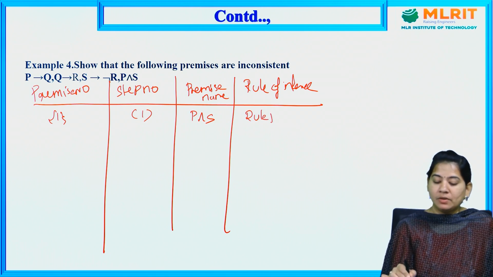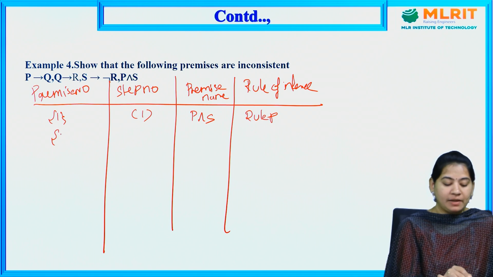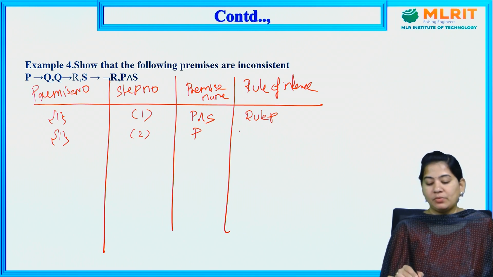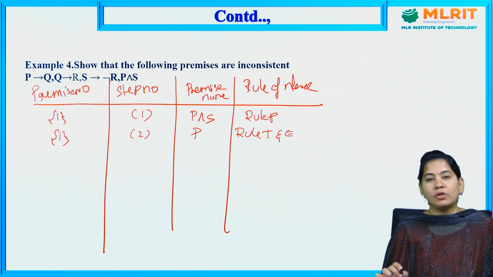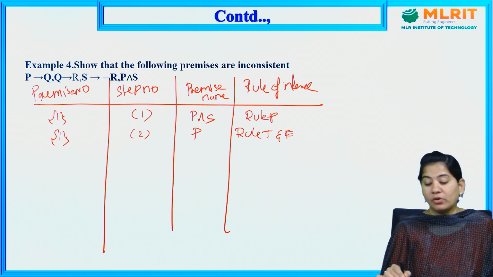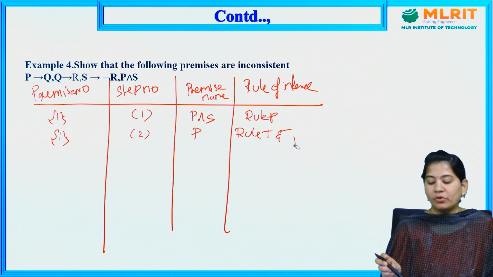So here rule P, and the premises number is the same thing, premises number is 1, step number is 2, and here I am taking rule, that is P and S is P, which is called rule T by applying the I1 formula. So by applying the I1 formula, you can write it here, I1 for the step 1.